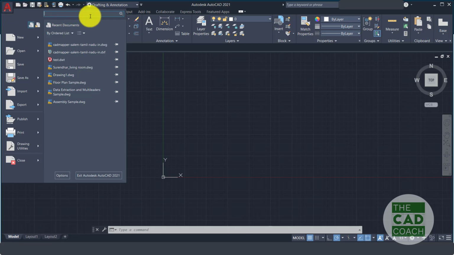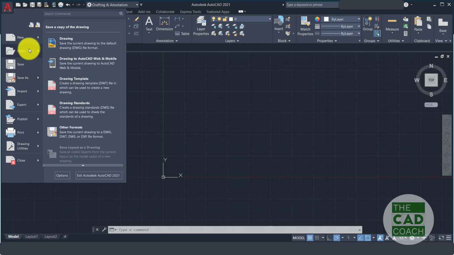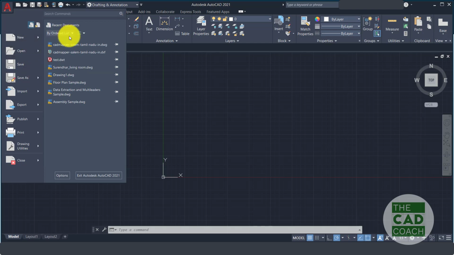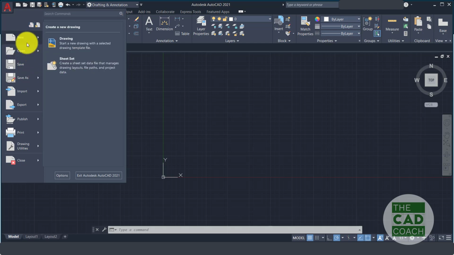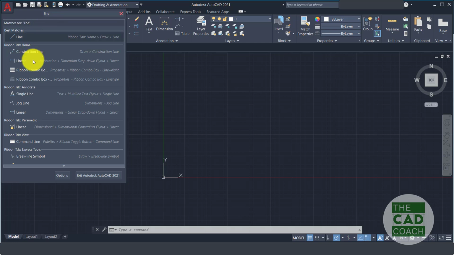you open the menu. So here there is new, open, save as, typical options for any software, and that is what is available in this application button also. Another thing we need to see is something called search commands, which is highly unrecognizable, but this is very handy many times. For example, it is asking you to search a command. So I put the line command. You get different types of lines,